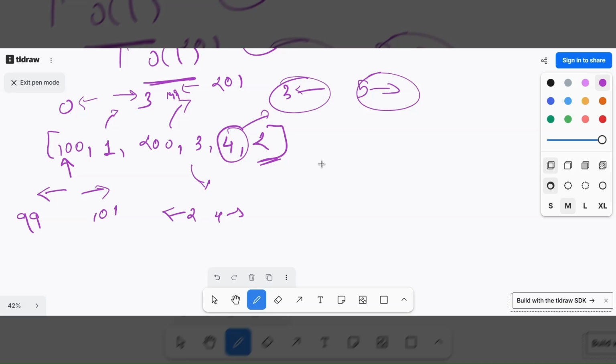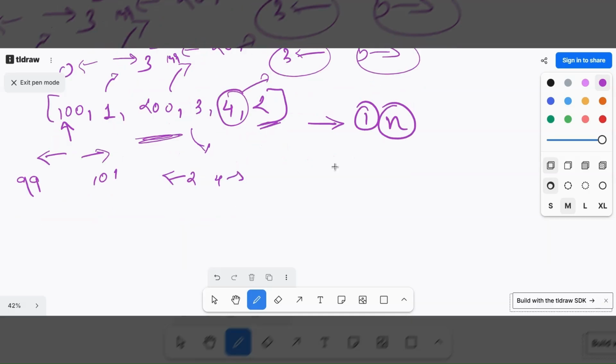Now, first critical point is defining the size n. Here we don't know this number sequence. In the question, it is told that nums could go from minus 10 to the power 9 to plus 10 to the power 9. So we cannot make an index or parent and size variables of 10 raised to 9, or minus 10 raised to 9 to plus 10 raised to 9, so 10 raised to 18.